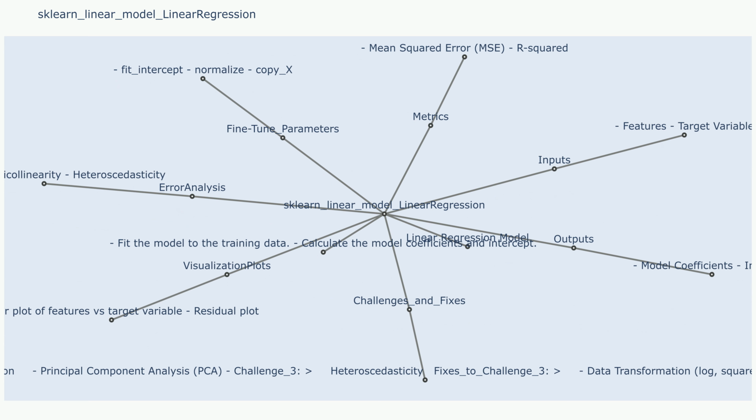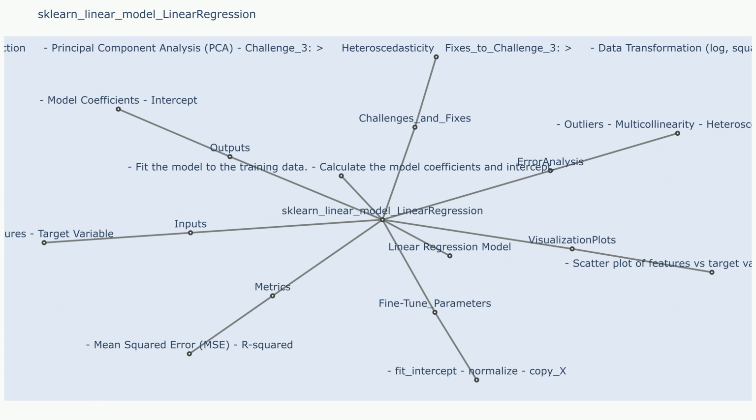Fixes to challenge 5. Imputation. Fill in missing values using techniques like mean imputation, median imputation, or more sophisticated methods like KNN imputation. Dropping rows or columns. Remove rows or columns containing missing values if they represent a small proportion of the data. Feature engineering. Create new features that capture the information present in the missing values, such as indicator variables,